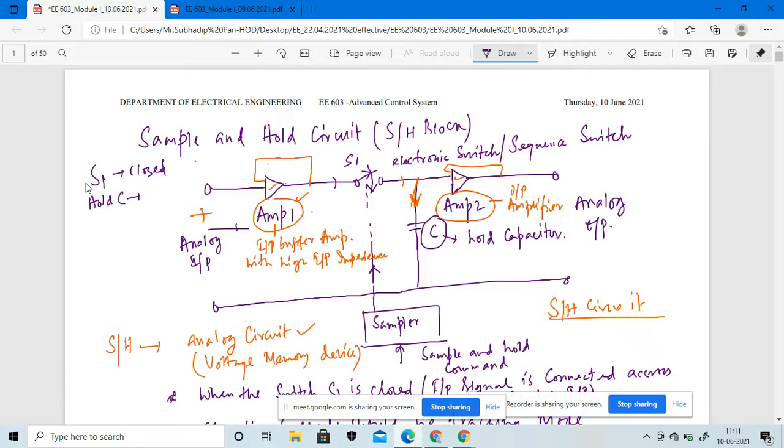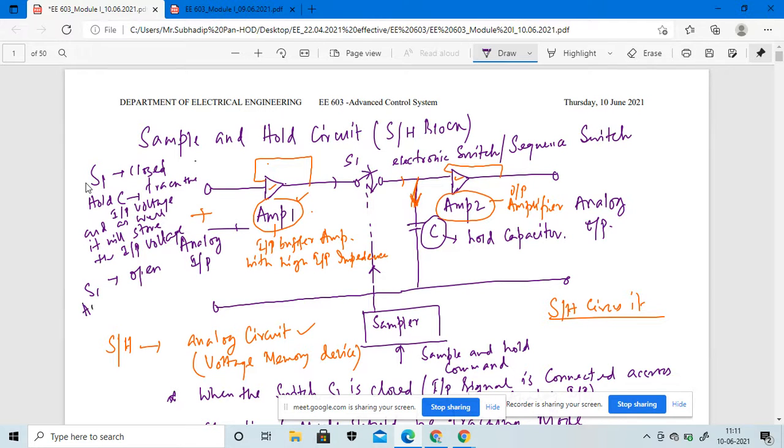The capacitor in the circuit tracks the input voltage, and as well as it will store the input voltage, right? But when the switch is open,